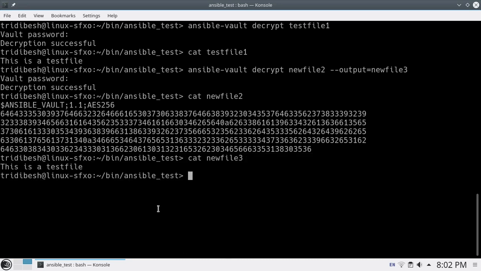So like this you can easily use Ansible Vault to create an encrypted file, put the content in that you want to see, or edit it, or change the password for the encrypted file, or encrypt an existing file or decrypt an existing encrypted file. So all these things you can do via Ansible Vault.